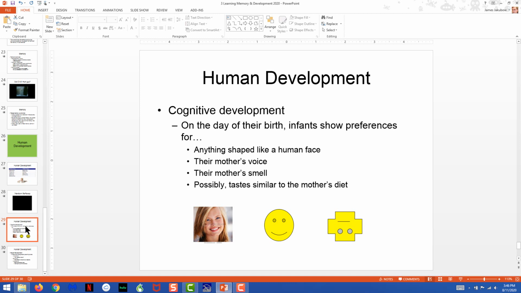And the issue here turns out to be related to the fact that we all have a circuit in our brain that helps us perceive the arrangement of facial features of a human being, and to highlight that in our consciousness more than any other stimulus so far detected. Consequently, even when an infant has poor vision on its first day of life, you can show it a human face on a computer screen, and it will look at the human face more than it would look at, for example, the standard happy face